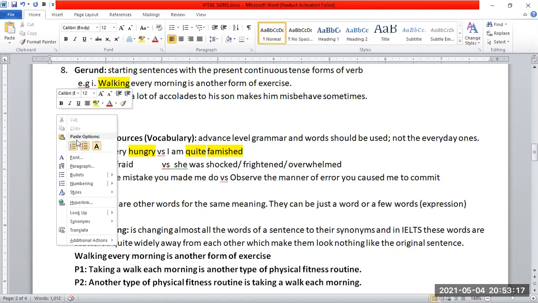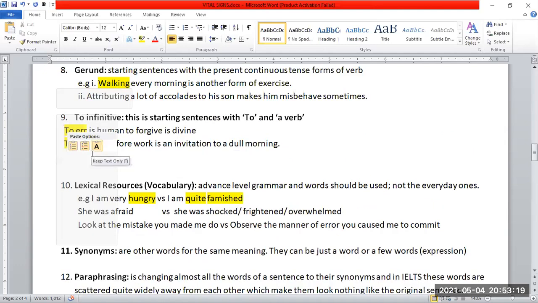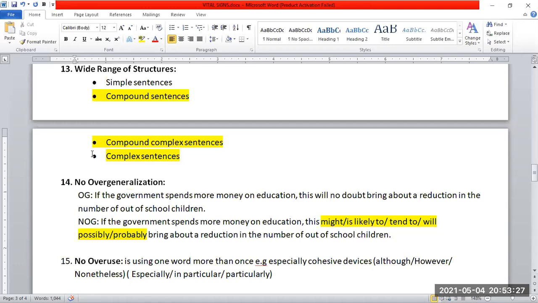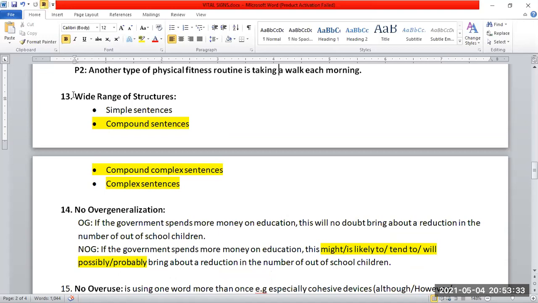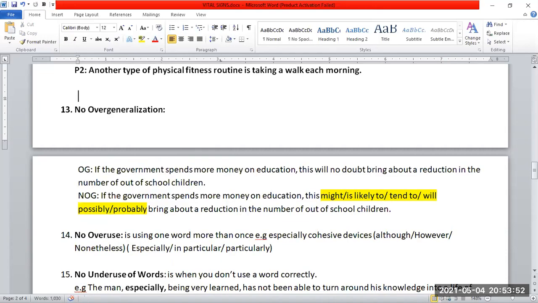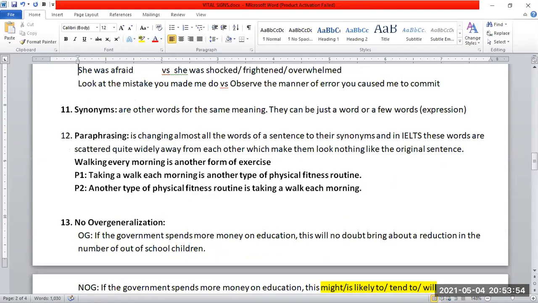Now, if we have been able to get to number 9, I think that's where most of it. Okay. I think we need this one too. We need number 13 up there. Okay. Sorry. So we were at number